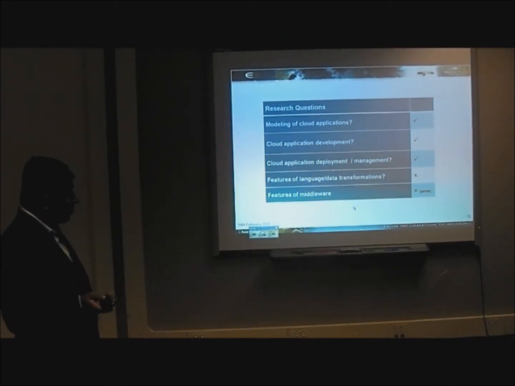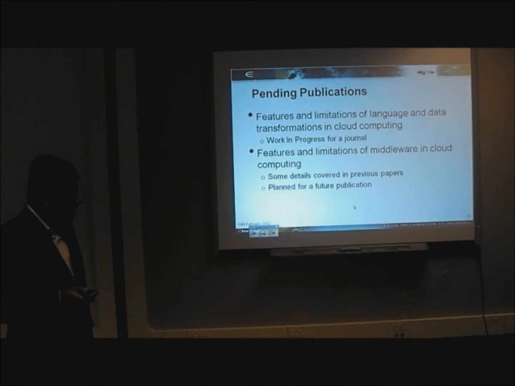So based on this, the work that I'm planning, that's sort of impending for me, is basically 2 publications. One is already work in progress for the journal. I'm working with Dr. Ajith and Dr. Prasad on this somewhat theoretical paper that talks about features and limitations of language and data transformation for cloud computing, really. And for the features and limitations of middleware, there's a planned publication. I'm not sure whether it's going to go for a journal or not. It's going to be mostly on the experience that we already have on the earlier project, as well as the